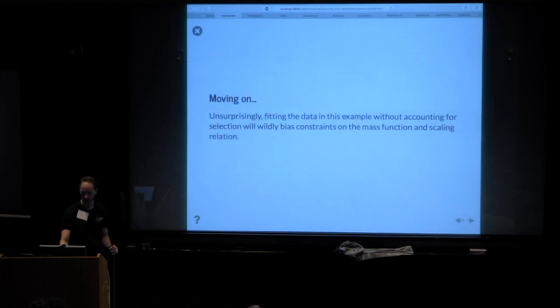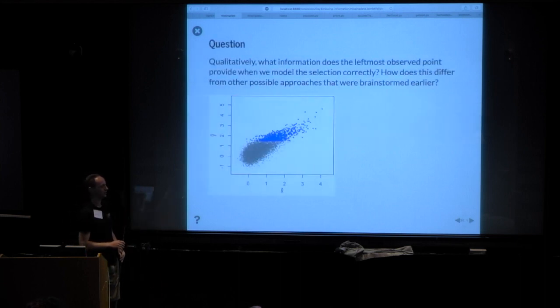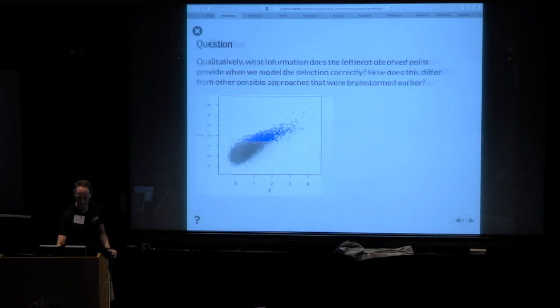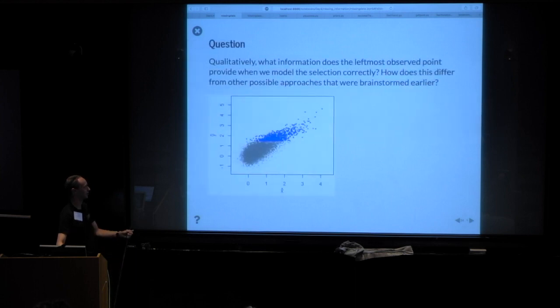So that's one takeaway. I didn't put the figure in here, but one can go ahead and actually fit these data the right way and the wrong way, and it's many tens of sigma wrong that you will be if you just try and fit the blue points. This is also sort of maximally bad in terms of the situation for trying to fit a line.